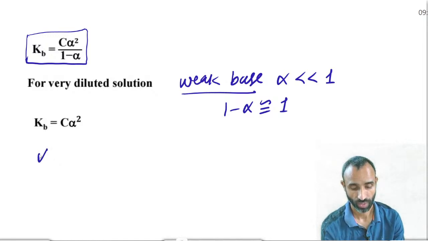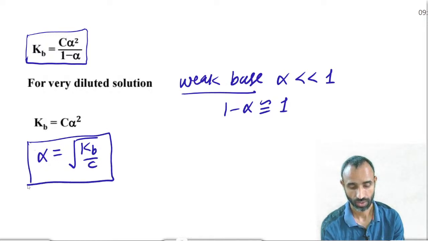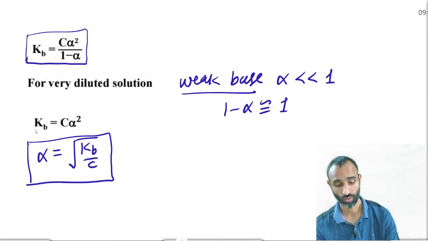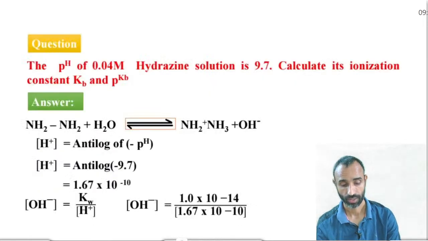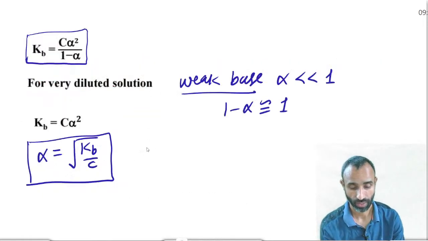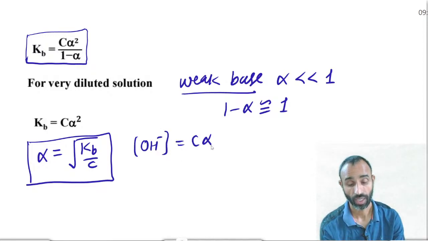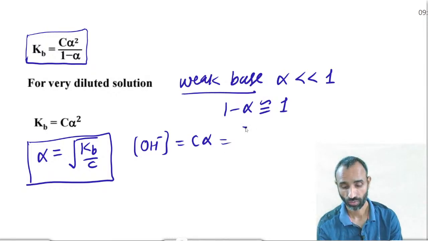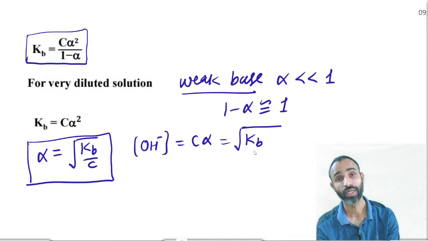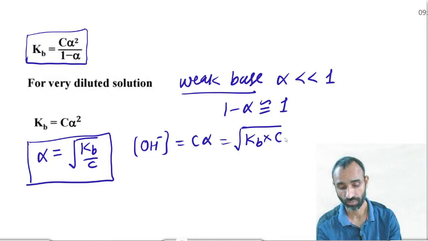So in this way alpha comes out to be square root of Kb upon C, or Kb is equal to C alpha square. So OH negative ion concentration is C alpha, that comes out to be square root of Kb upon C into C outside, so OH negative is under root Kb into C,